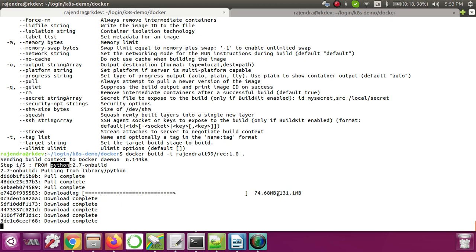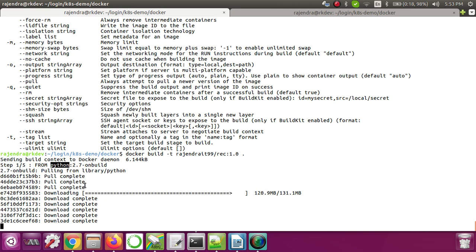Why will this happen? Because this image and everything is already there. Next time it will not download and rebuild again; it will just use it as is. Now almost 100 MB is done, out of a total of 131 MB.